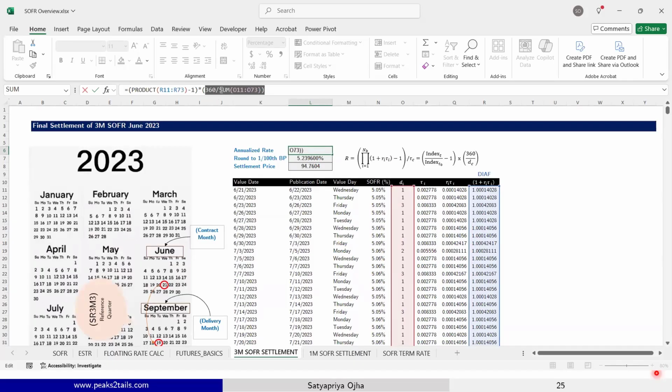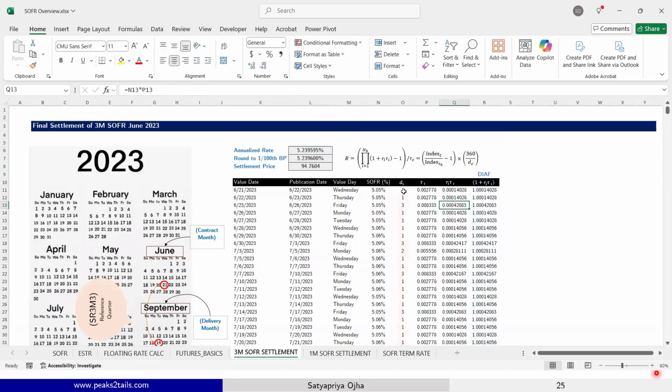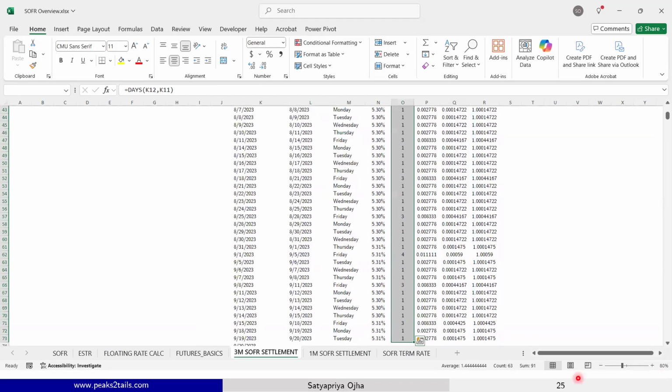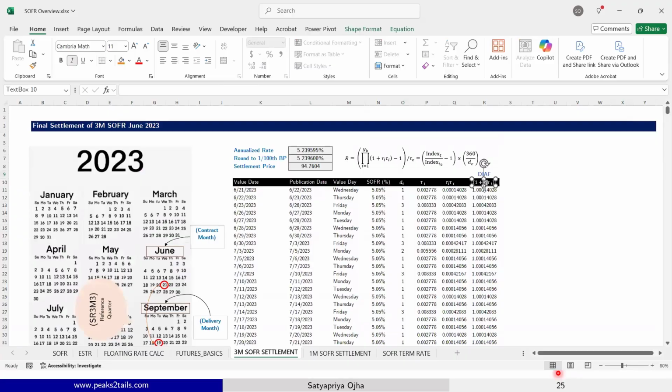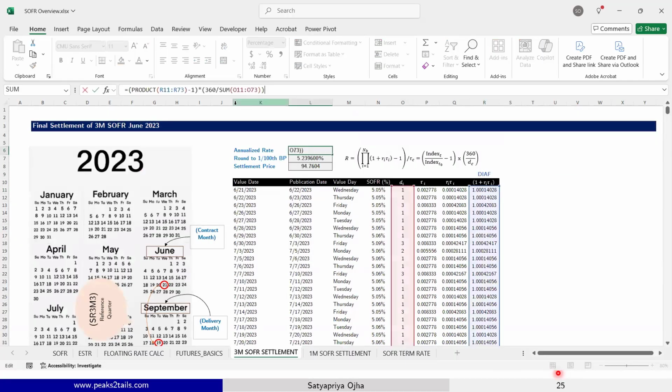Multiply by 360 divided by the total number of calendar days, which will typically be 91 for 3 months. If I just highlight this, the sum is 91, right? So for 91 days, you calculate the compounding factor, then calculate the interest and annualize. This, I hope, is 91. Yes. And you get the rate